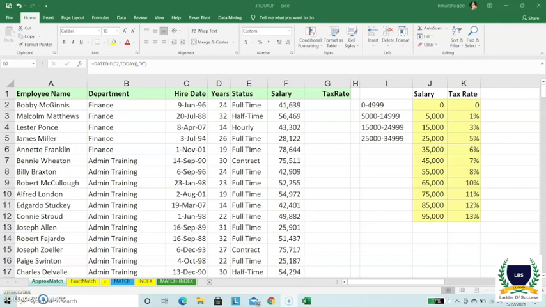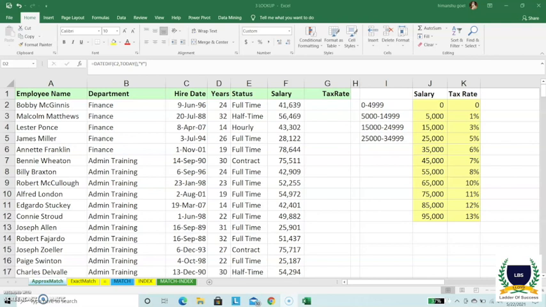So in this video we'll be discussing the VLOOKUP function, and the INDEX and MATCH functions. Okay, so what is the usage? First we will discuss the usage of the VLOOKUP function. VLOOKUP is used to fetch data from a table array which is organized vertically. V stands for vertical, right?